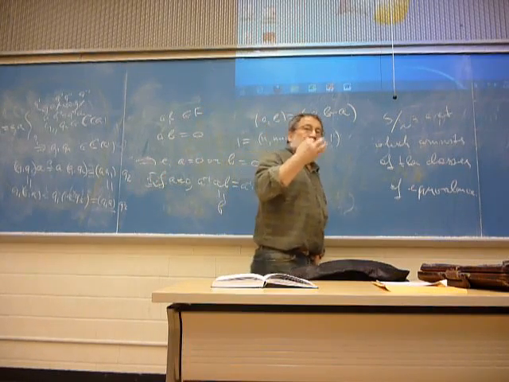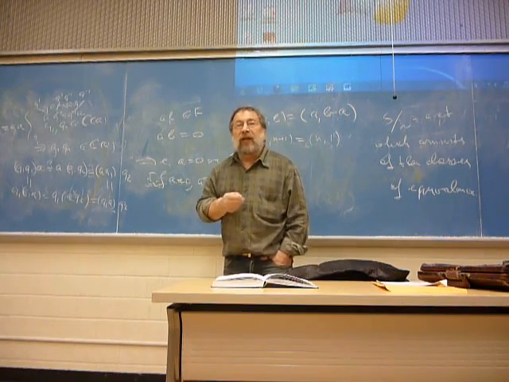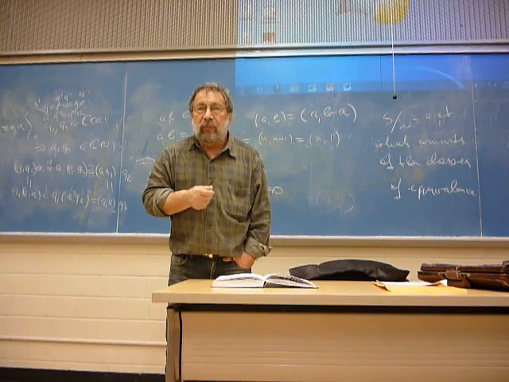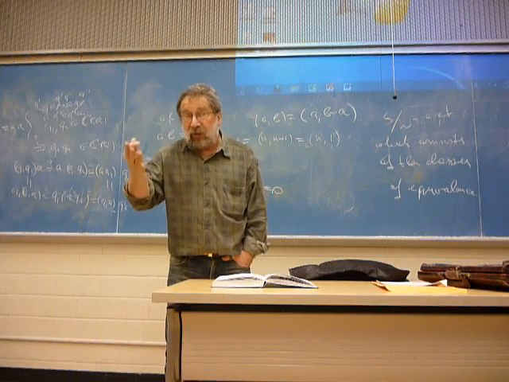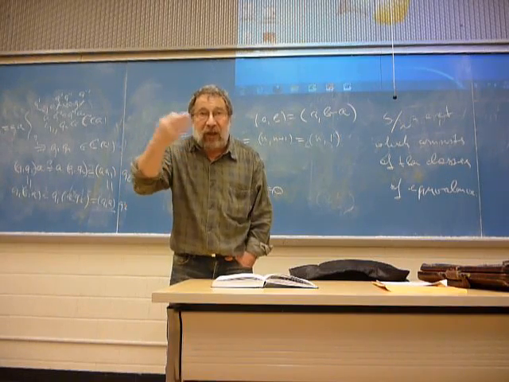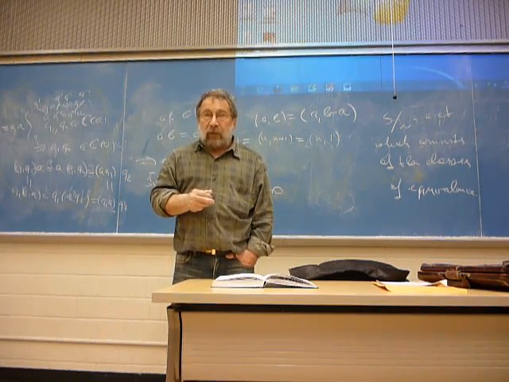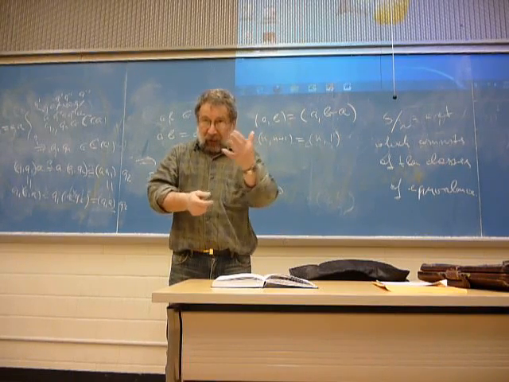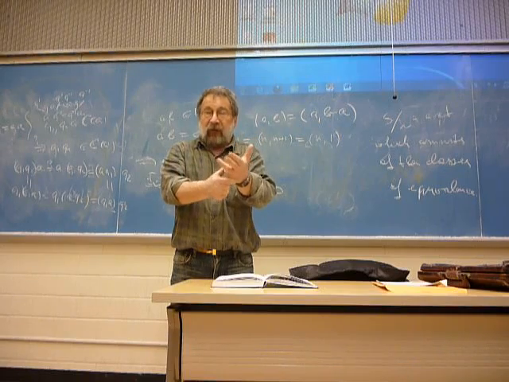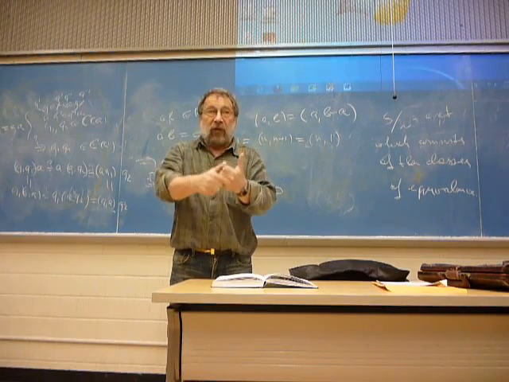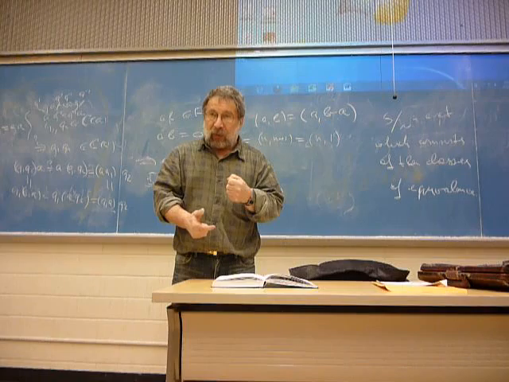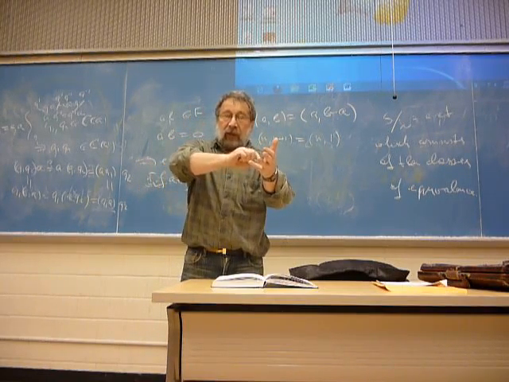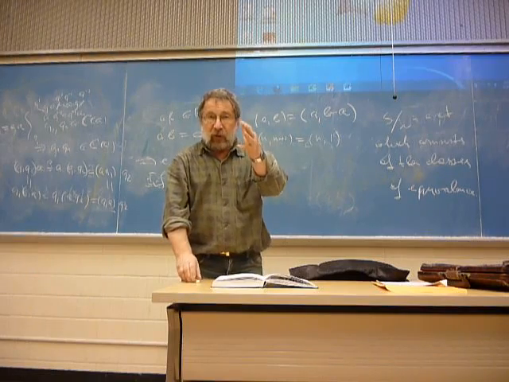What was the last thing you said? That any cyclic group of size p, or for this matter of size n, is isomorphic to Zn. Right? What is a cyclic group of size n? Generated by element a. It has identity element, a squared, a cubed, all the way up to a to the power n minus 1. And a to the power n is identity. Then if you take a bijection between this group and Zn,